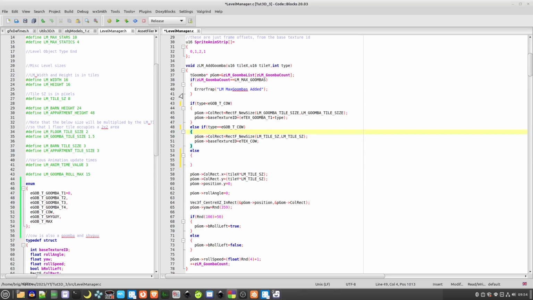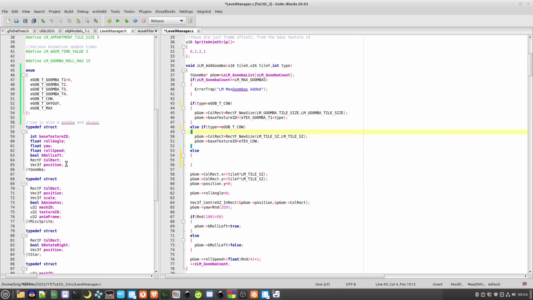So all we're doing here is the Gumba data type itself. It has a position and a collision rectangle, although these are not used, but I'll include them there anyway. This is something you would obviously have for your own game. And then the actual model itself has a roll left and right boolean, and then your value and the roll value, which gives the little animation technique, and then a base texture ID. So what we need to include here